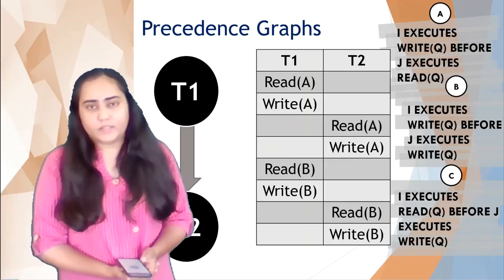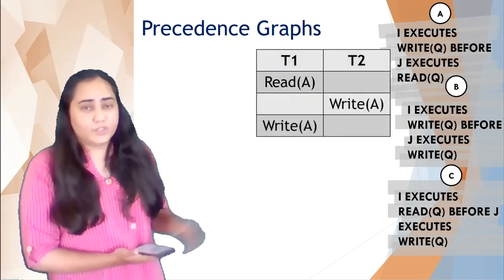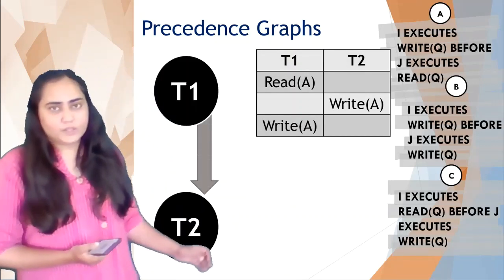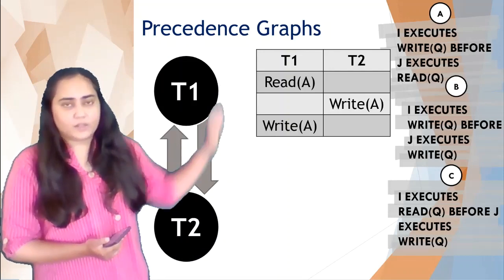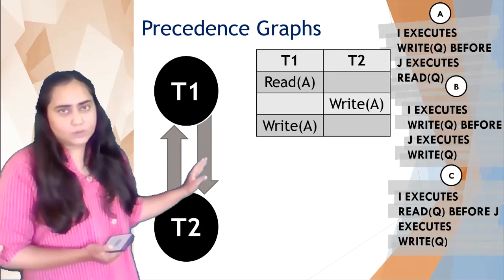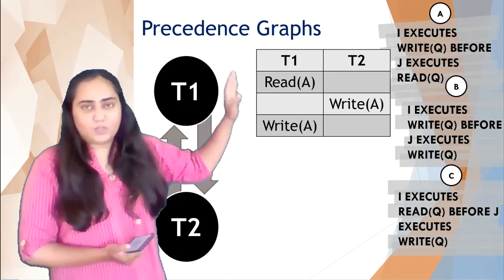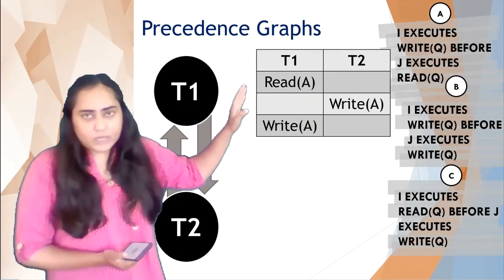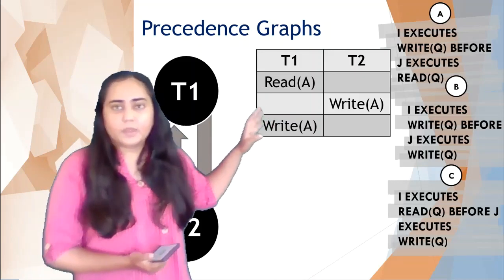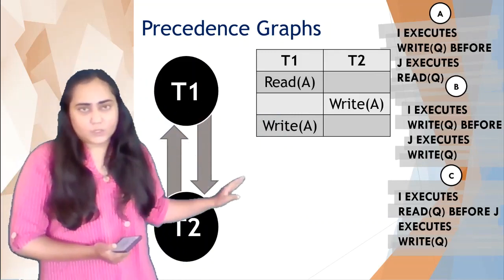Now let's try to create a precedence graph for a non-conflict serializable schedule, which is right here. Once again, there are 2 transactions, T1 and T2. So we will create 2 vertices. One is for T1, another one is for T2. And as you can see, there are arrows going from T1 to T2 as well as T2 to T1. The reason for this is when you check this, you can see T1 is doing read A before T2 does write A. So this is the rule C that is being applied. So we can create an edge from T1 to T2.